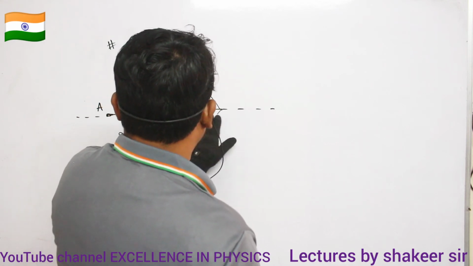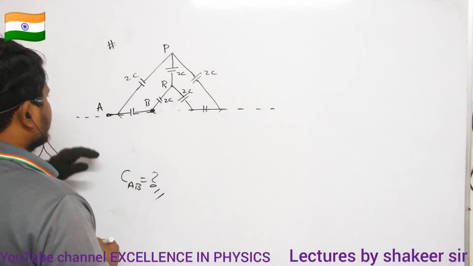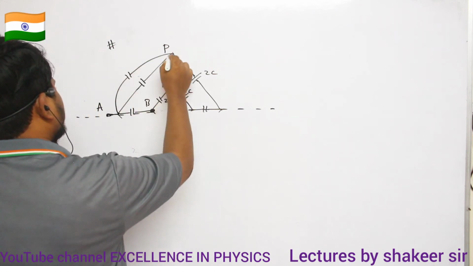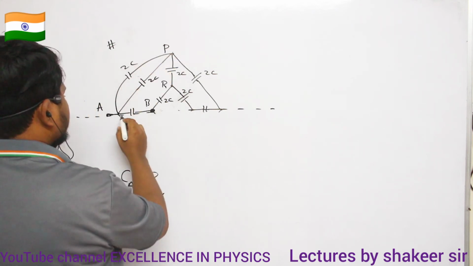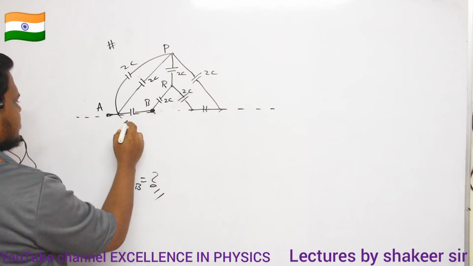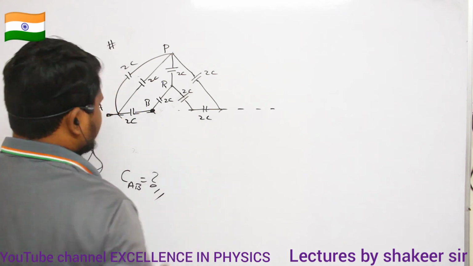Okay? So every capacitor is a 2C capacitor only, no? So therefore, what will happen? This is one more capacitor. So this is 2C, this is also 2C. Clear? Here, these 2 capacitors, pairing is not present for them, so they will remain to be 2C only.